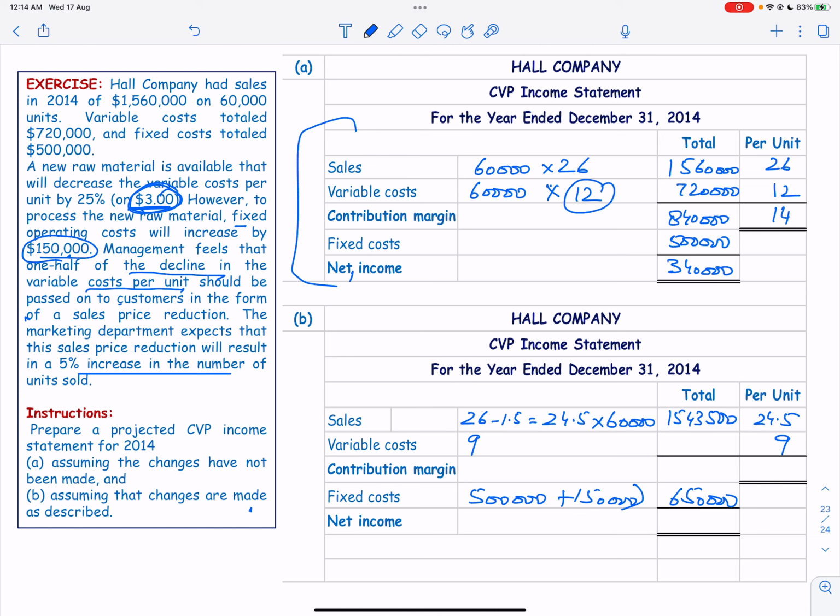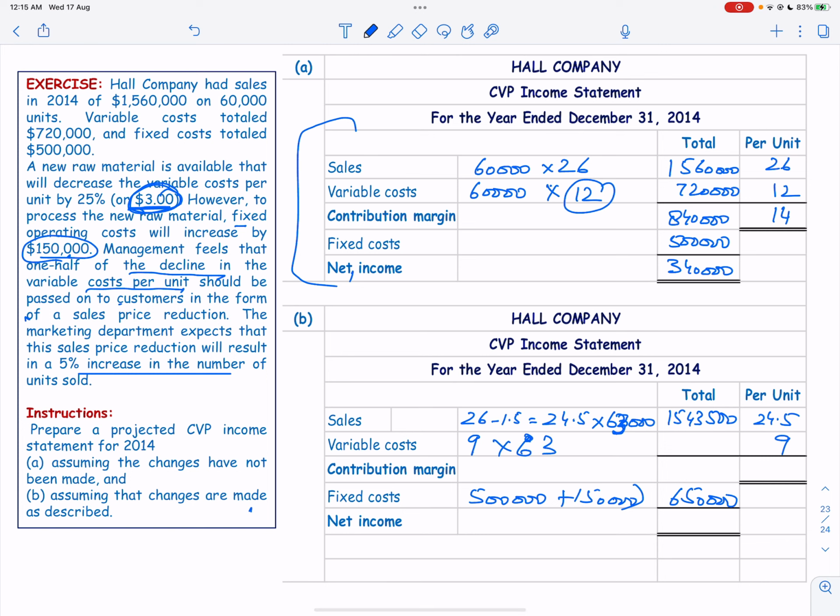So 60,000 and 5%, 0.05 times 60,000, so the sales will increase by 5%, this will be 63,000, and the variable cost is 9, and 9 times